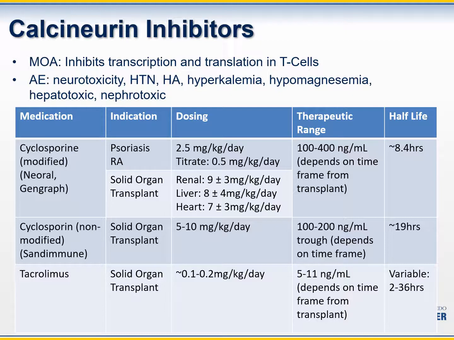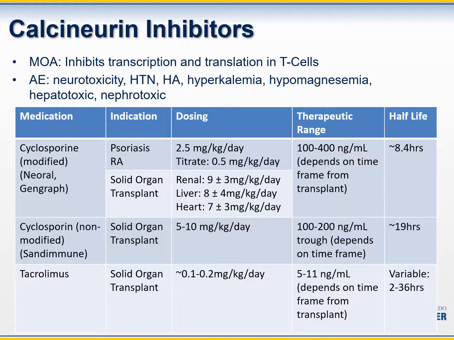These medications have variable dosing. We mainly titrate to the therapeutic range, which again depends on the time frame from their transplant. So a lot of the dosing and ranges here are just very variable patient to patient. And sometimes it may also depend on what other medications these patients are on. For tacrolimus, if they're also on azathioprine or mycophenolate, we may change the dosing in general. Also,